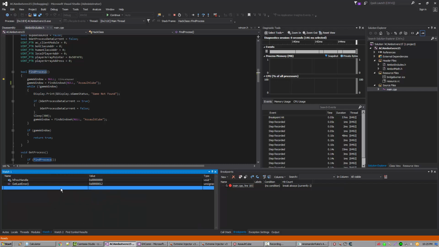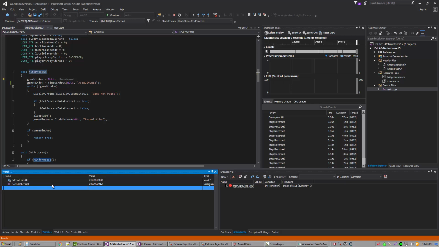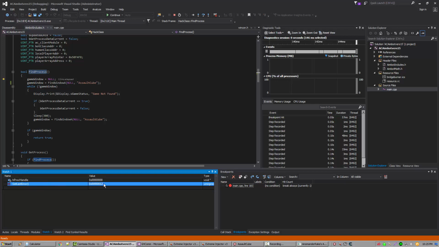Then we have the watch window. This is normally empty, and you can just add anything you want. So, for example, we can add hproc handle. We haven't gotten the handle to the window yet, so it's 0. Another interesting thing we can do, which I always start out with, is GetLastError, and we can add that in. You can use any expression you want. You can call functions with it, such as this, and the return from GetLastError was